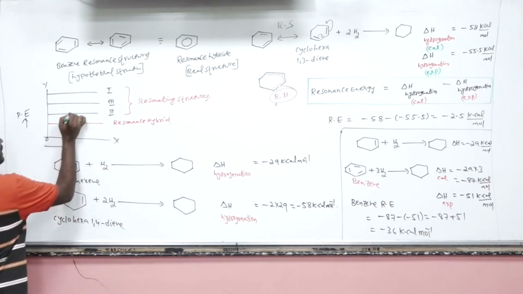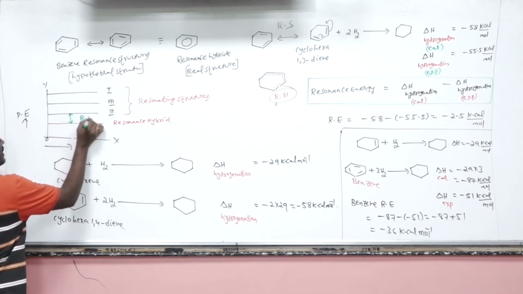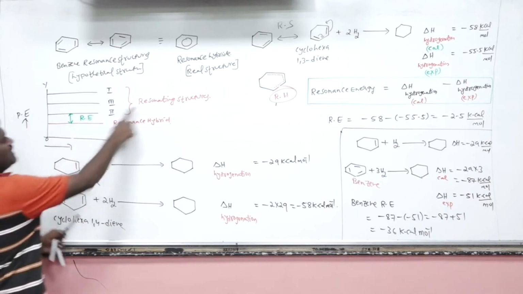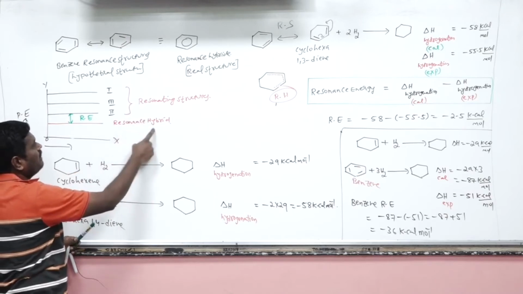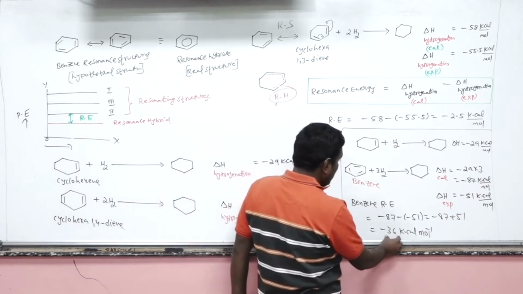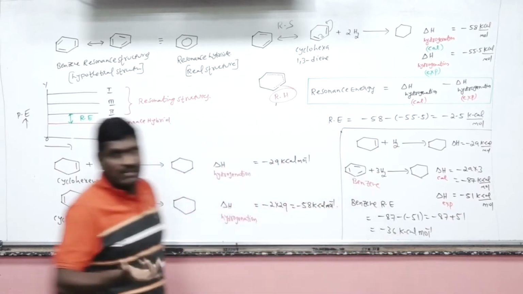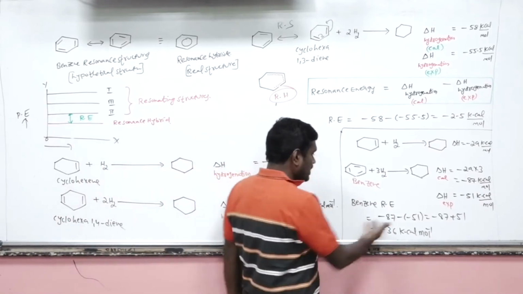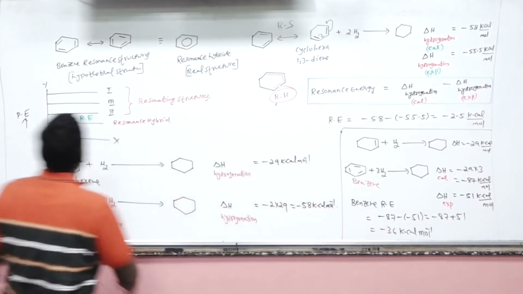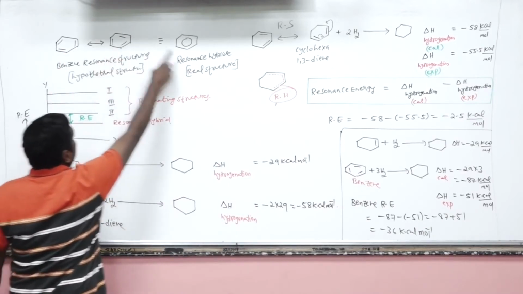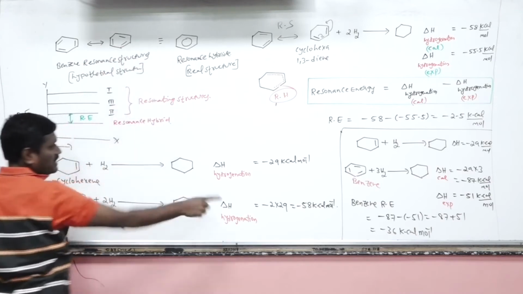The energy difference between these 2 structures is called resonance energy. It is the energy difference between the most stable resonating structure and the resonance hybrid that is referred to as resonance energy. In the case of benzene, the resonance energy may be positive or negative. Negative in the sense heat energy is released, positive in the sense heat energy is absorbed. That means when we compare this structure, both are equal, or this one to this one, the energy difference is 36 kilocalories.